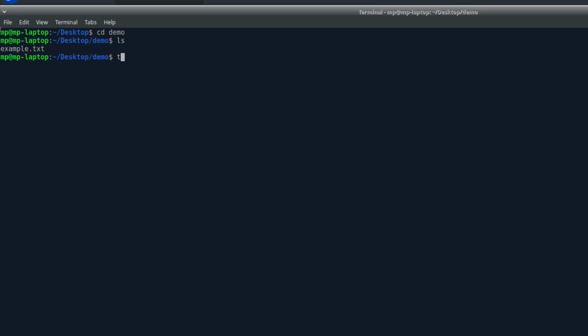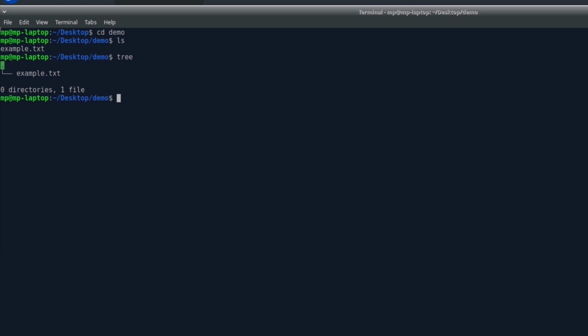Suppose this is a very basic example. If I write the tree command, it will show me how many folders there are and their subdirectories and their files. So if I write tree, I'll get that in that particular folder there is example.txt. By that, if there are 7 folders or 8 to 9 files, I can easily track all the files. So this is a very useful command if you are working in a project.